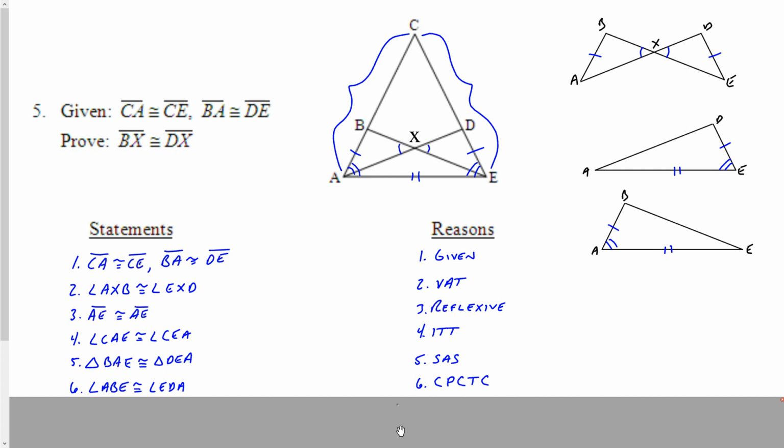Angle ABE, so if I mark that in the triangles I know are congruent, ABE would be this one. The reason I have to name it ABE is so that I can also see it in the other picture. And then EDA in both. If I mark those,